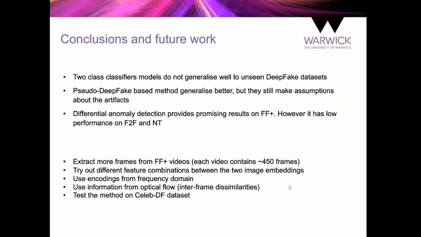We can also use encodings from the frequency domain, which basically is, if we have an image, we can use a discrete Fourier transform on it and shift it towards the frequency domain. And research has shown that artifacts associated with deepfakes are more visible in the frequency domain than in the spatial domain. Also, we could use information from optical flow, which is a way of measuring the inter-frame dissimilarities between two adjacent frames,